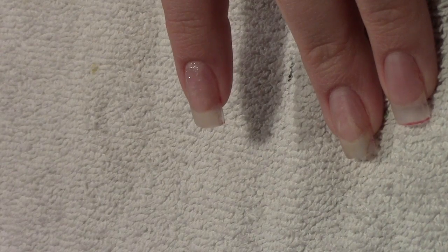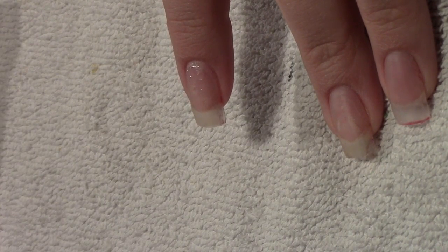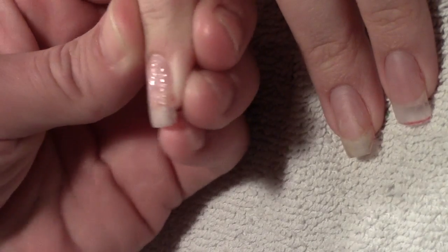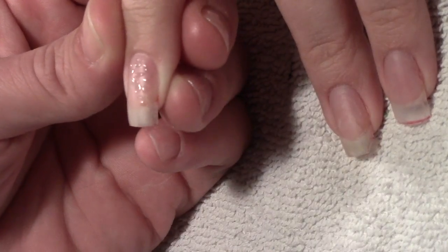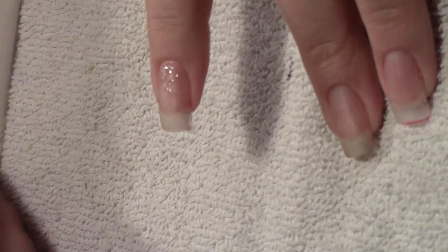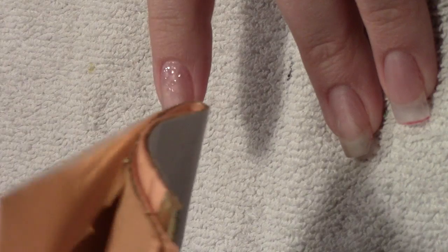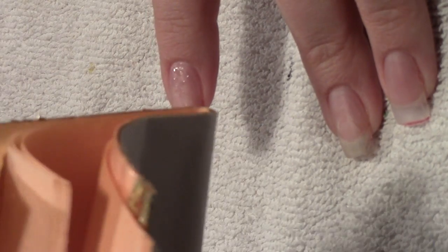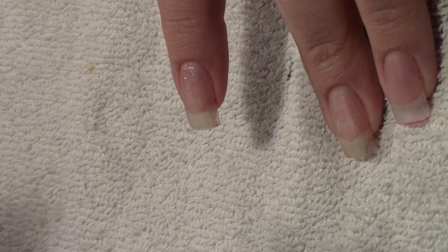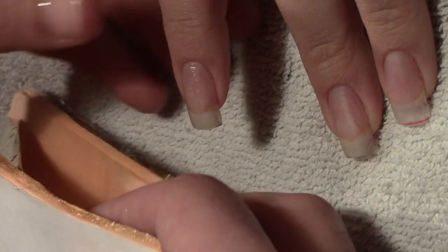Alright, we are back and we're going to start one of the first designs for this full set. As you can see, there's a bit of a sheen to just part of this nail here. That's the foil glue that's already dried, and I just put it in random places. I'm going to use some gold leafing here because I wanted to almost create a leopard print, but definitely that loose gold. I keep mine in this here to try and protect it, and I'm just going to press it on